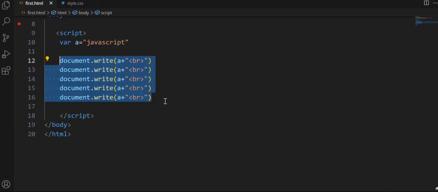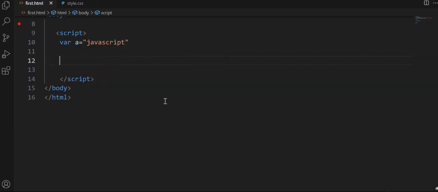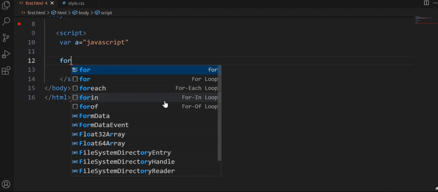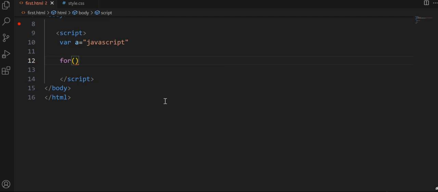Now I'm writing the syntax of the for loop. If you want to write any for loop, just use the keyword for, followed by the parenthesis, and here come the curly braces. So whichever statement you want to repeat